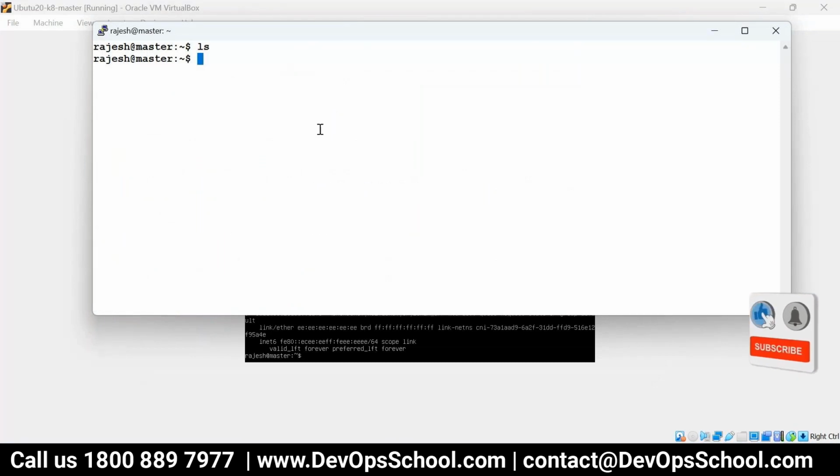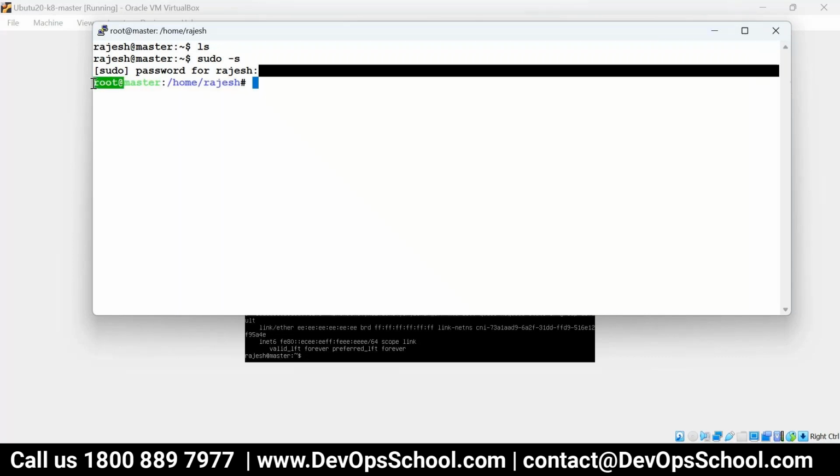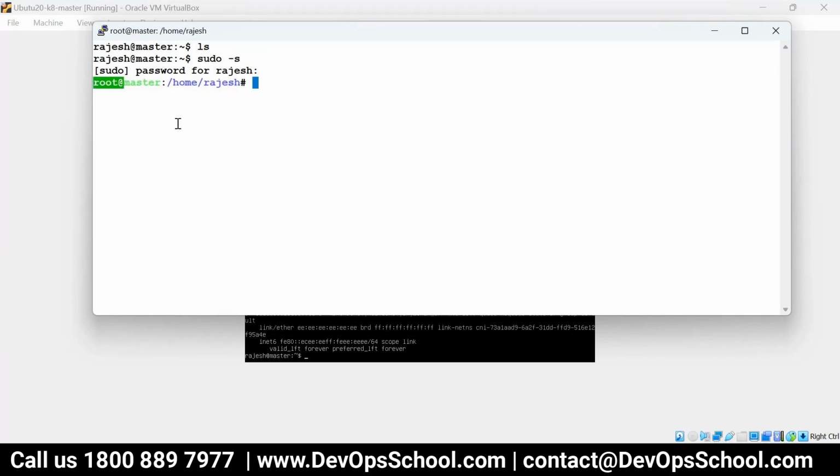So this is a normal user, Rajesh. Now I'll become root: sudo -s, password Rajesh123, and now I become root. I have a very bad habit of working as root, so all of my demos you'll see as root.